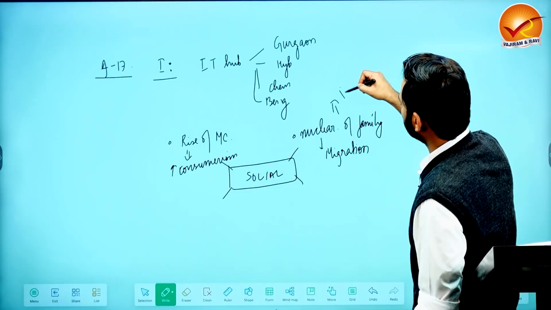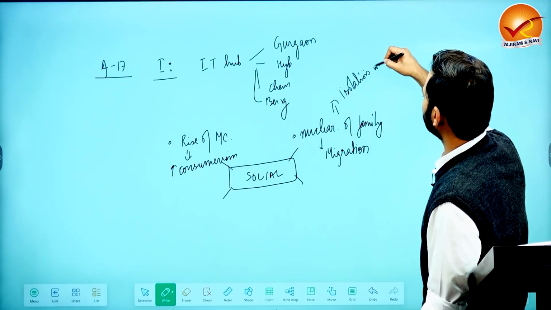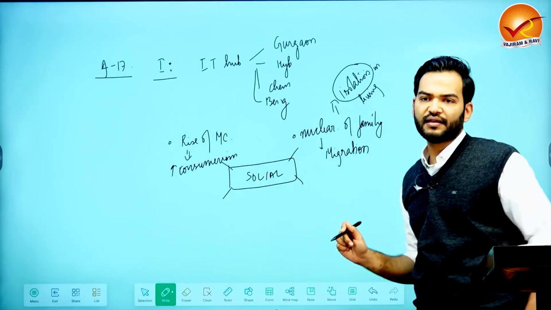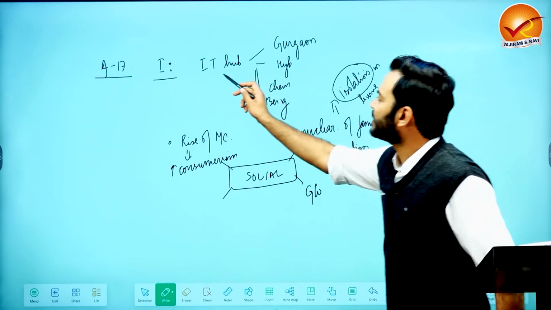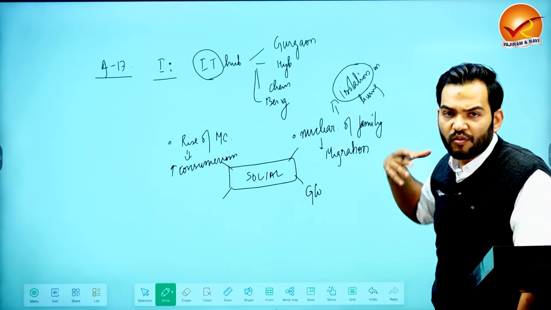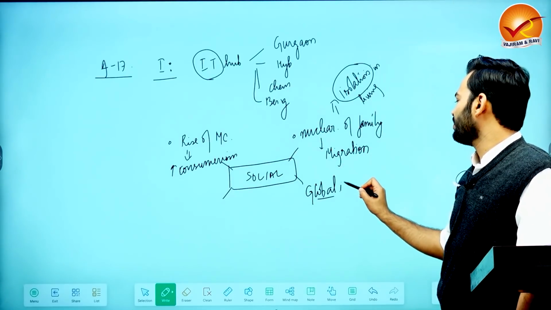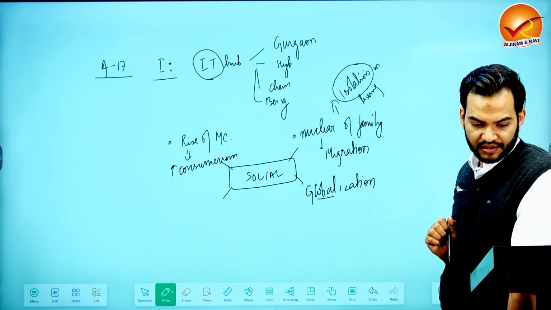Nuclearization of families, say what happens? There is isolation in living, isolated living. Then IT hubs are very well globalized. So IT hubs promote globalization, they increase globalization